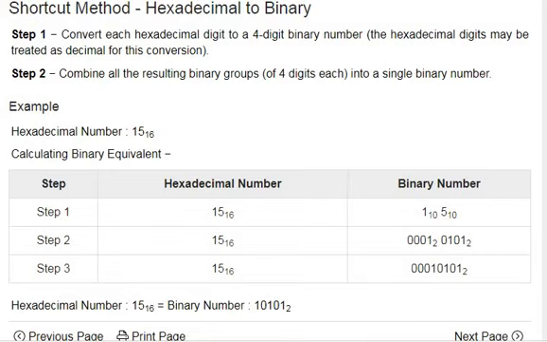Hexadecimal to binary: separate the number. If it is 15, let it be 15, divide each by 2 individually and make it a group of 4 digits. So 1 is only 1, so let it be 0001, and 5, if you divide by 2 you get 101, you just add another 0 and it becomes 0101.